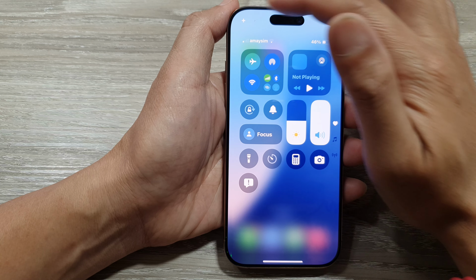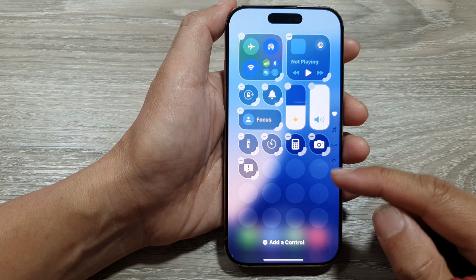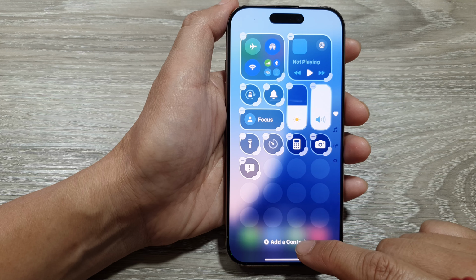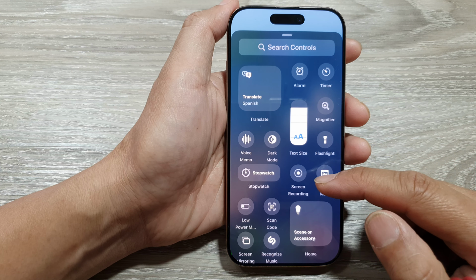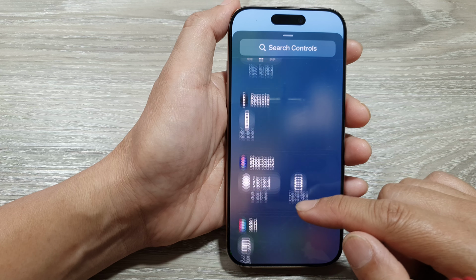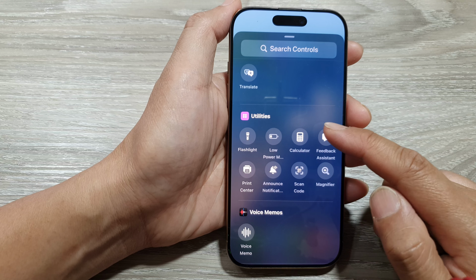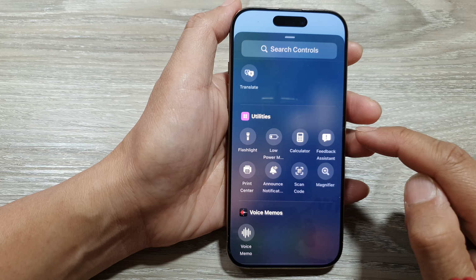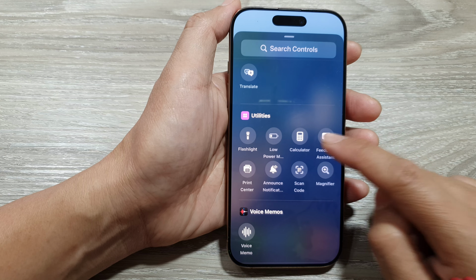In here, tap on the Add button. Then, once you are in edit mode, go down and tap on Add a control. Now from here, we scroll down in the control list. So scroll down to the utilities section and then tap on feedback assistant to add it to the